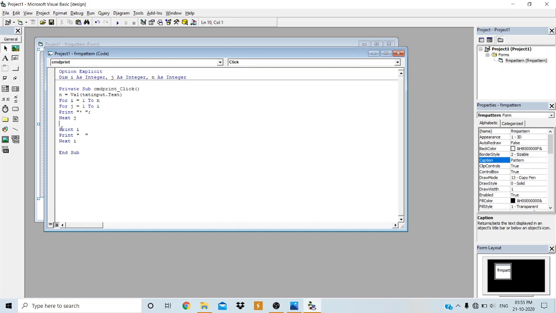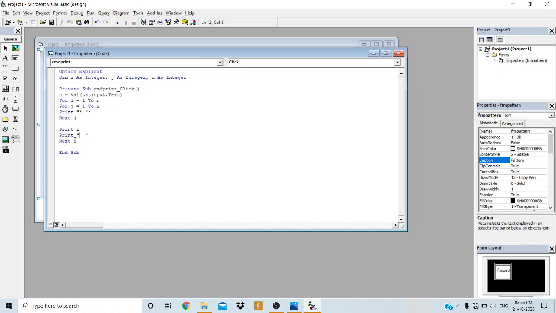Okay. Then print I. What is I? I is initially 1. So 1 will be printed here. Okay, 1 will be printed. If you remove this semicolon, what happens? 1 will be printed on the next line. Hence I have written the semicolon here. So 1 will be printed. Then what happens after that? After 1, we are going to provide the space here. Just we are providing the space.